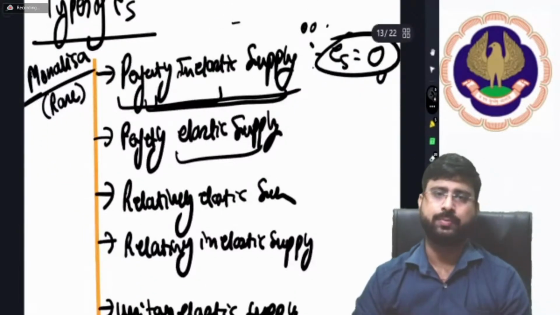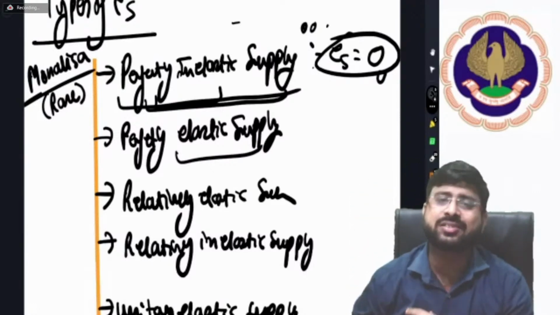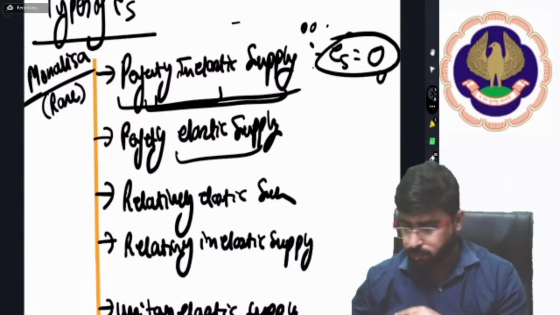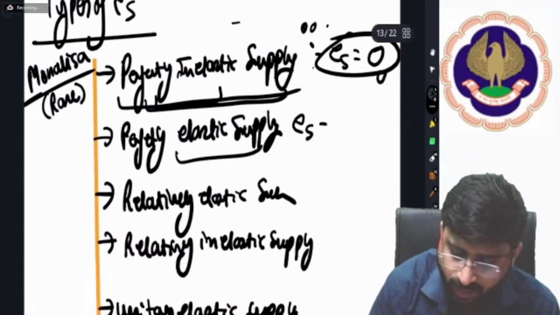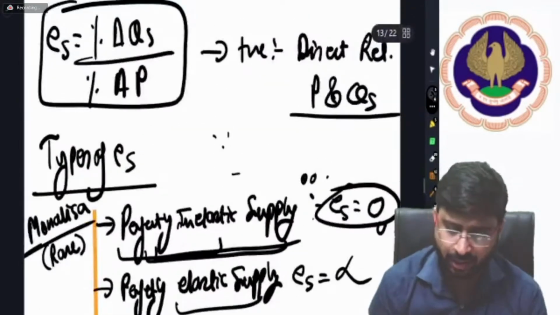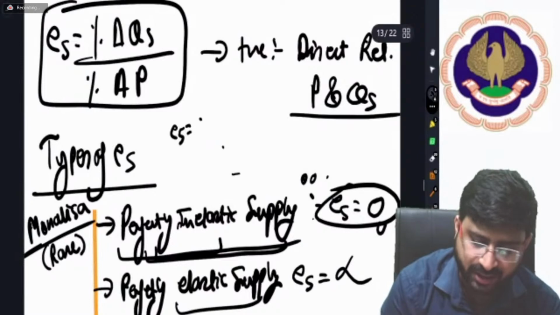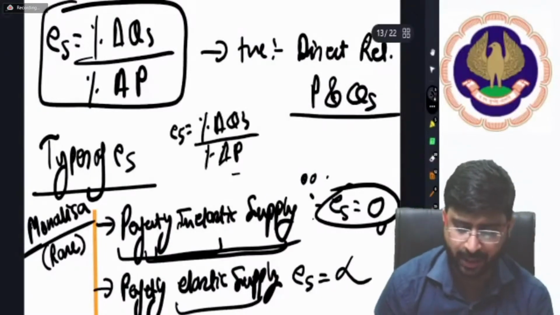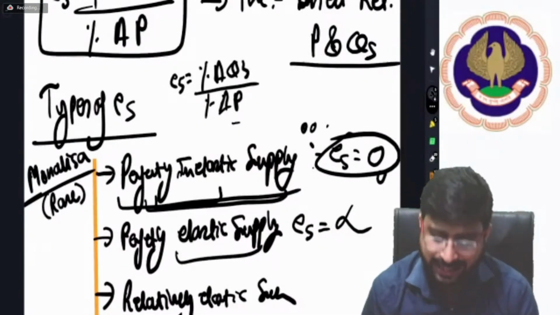Now moving on to perfectly elastic supply. It is just the opposite. Here, elasticity of supply will be infinity. Elasticity of supply is percentage change in quantity supplied by percentage change in price. Now pay attention. If we are talking about perfectly elastic supply,